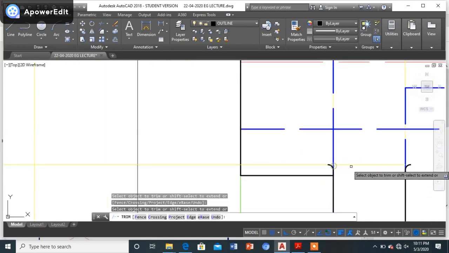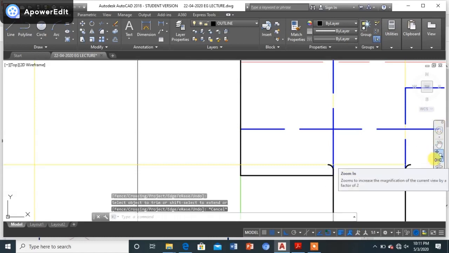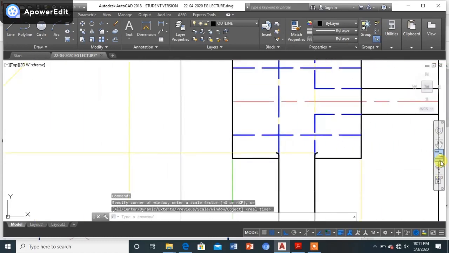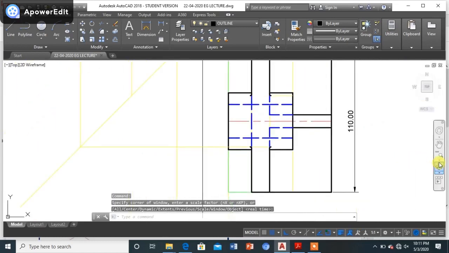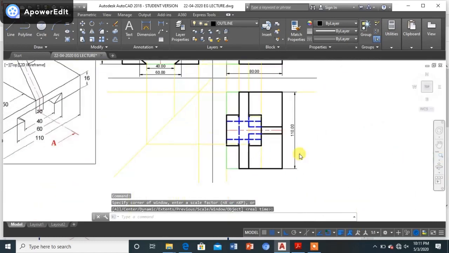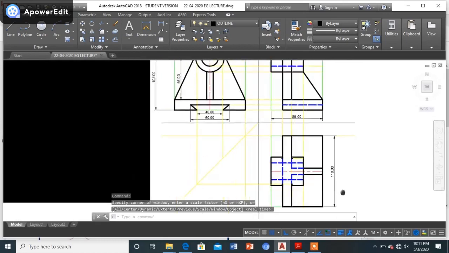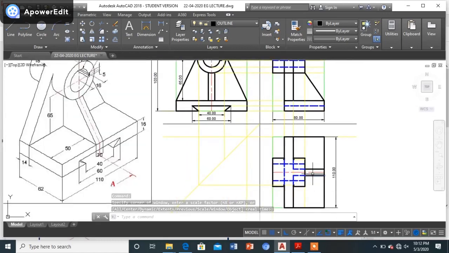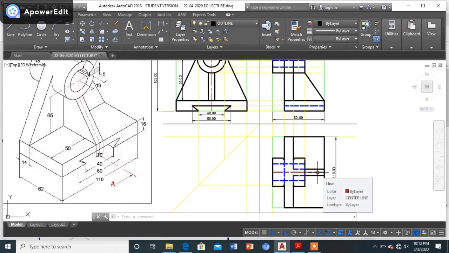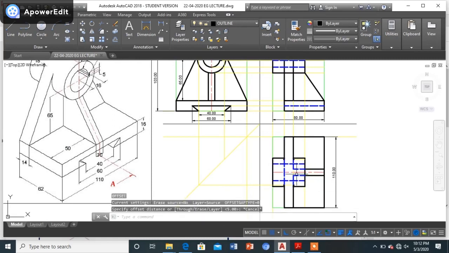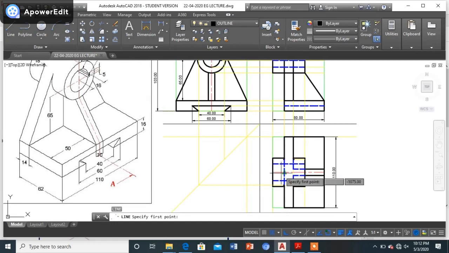As you can see, we are almost done with all the views. So let's simply complete this. Complete the sectioning part and the dimensioning part. So as you can see, we are done with front view, we are done with top view. Only in top view now, that particular slot which was there, it is left out now, and it is throughout the width till here. So now what do I do? I'll be just simply drawing a line from here till here.